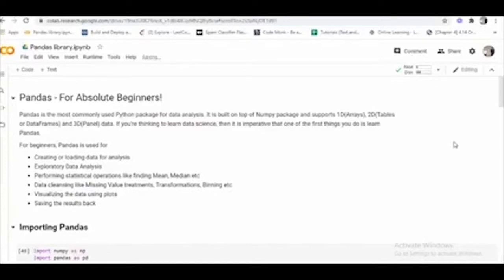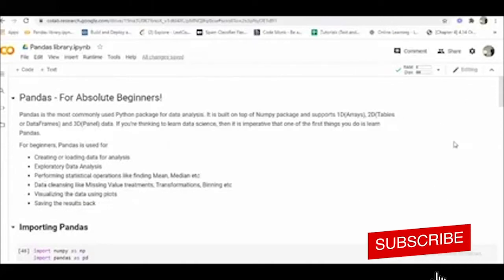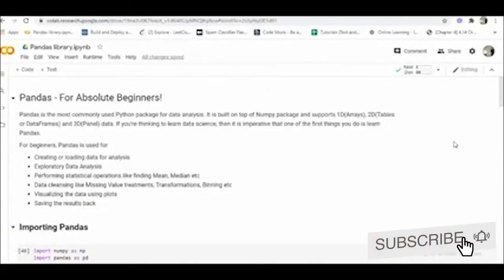Today we're going to talk about the Pandas library. Pandas is a Python module that makes data science easy and effective. Data science is a process of analyzing large sets of data points to get answers to questions related to the data set. These are the use cases of pandas, and in this video, we will discuss some of them.